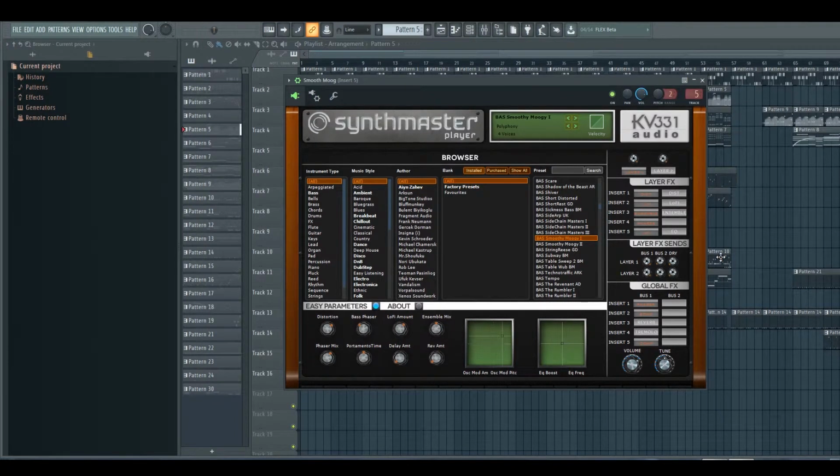But then I wanted to see, could I bring in some expressive element, and what I ended up stumbling across was the XY controller, and basically I started dragging my mouse, and then I started getting this pretty